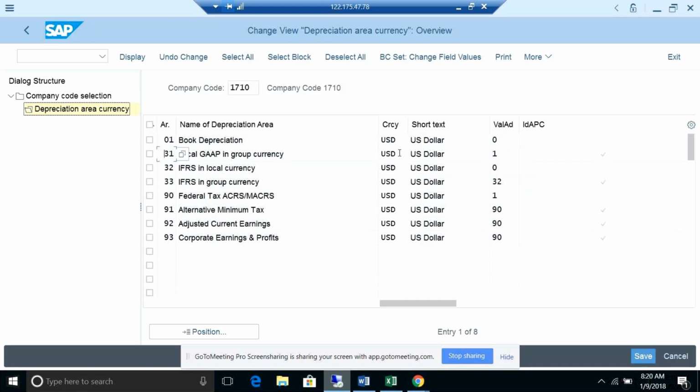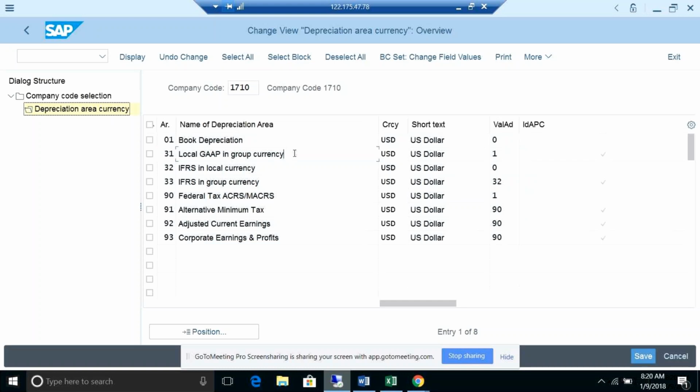But unfortunately, I took only USD. But you can differentiate if you want to report in euro, GBP or whatever. Can you add one more currency to 31, for example? For 31, if you want to add, then we need to create one more depreciation area, which will take a lot of time. So you have to create another depreciation area, a duplicate of 31, to add one more currency. Yes. Okay.